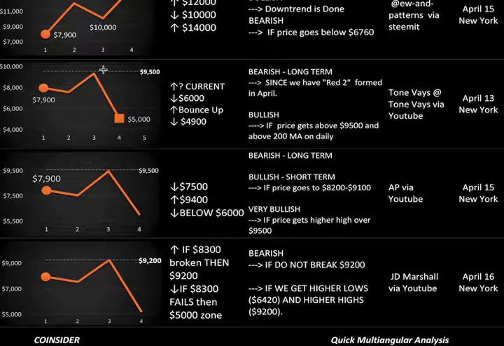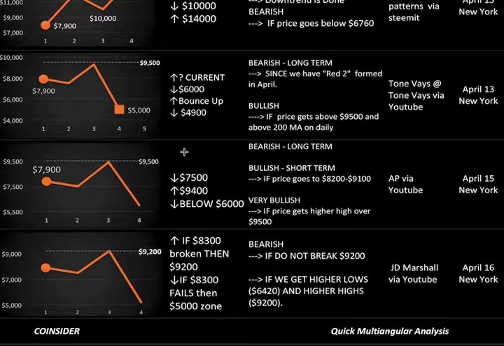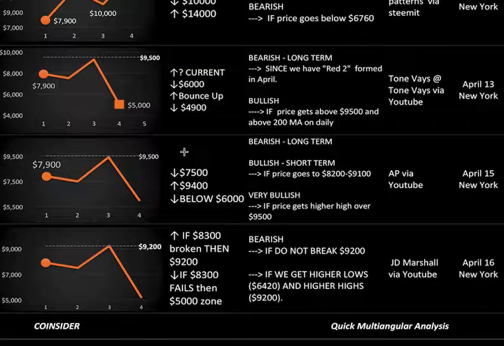And also, he still sees that we have that barrier of the 200 moving average on the daily, and also the 50 moving average he mentioned as well. I believe we haven't crossed that, so we do still have barriers to get over to consider being bullish from his point of view. And then we have AP. He's also